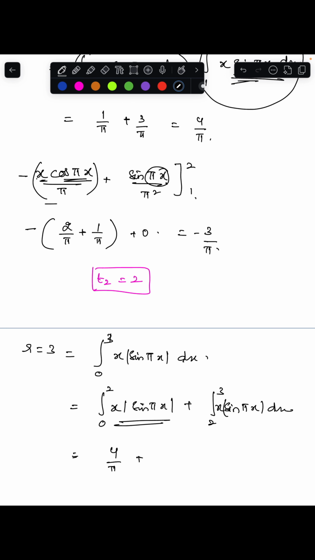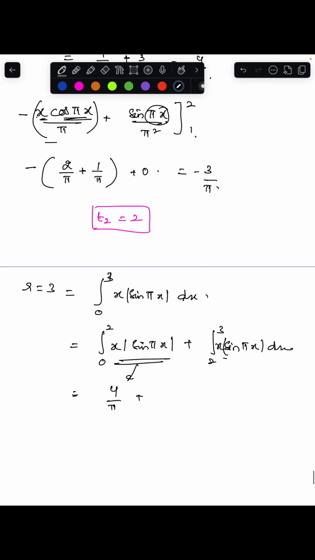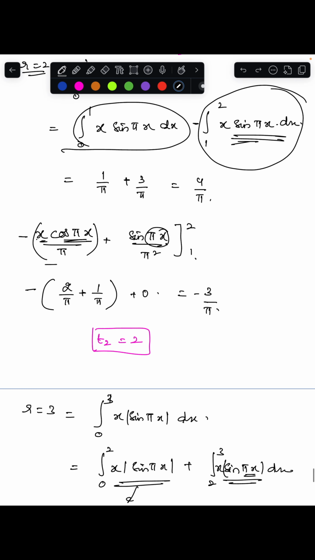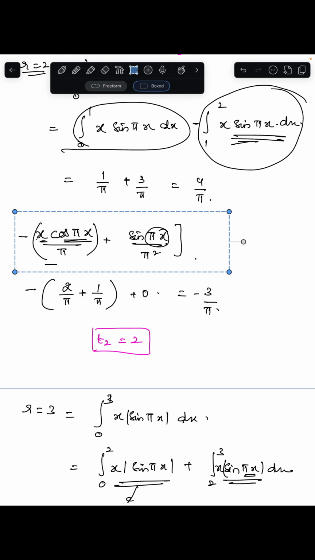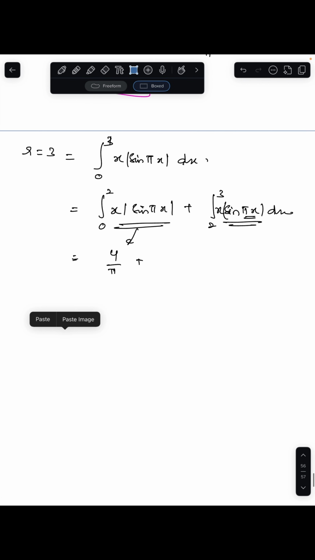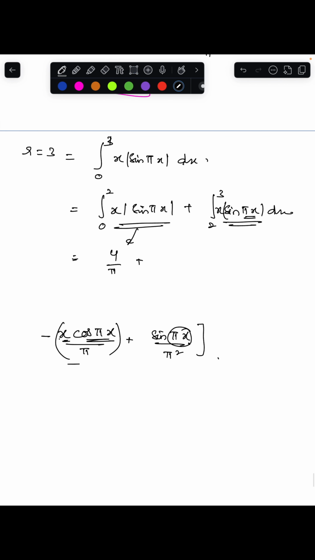Now this value is 4 by pi. We can see that in the interval 2 to 3, that means 2 pi to 3 pi, the value is positive. For the integration, the same thing, we need to apply the limits 2 to 3. So here I'm taking this and applying the limits 3 and 2. If I apply 3 minus 3 by pi, I'm getting this, and 2 minus 2 by pi, I'm getting that, and